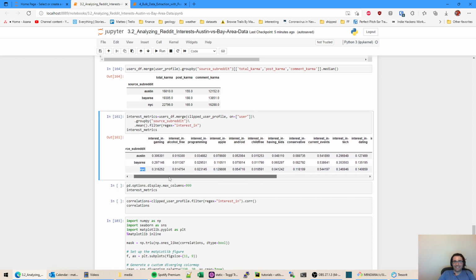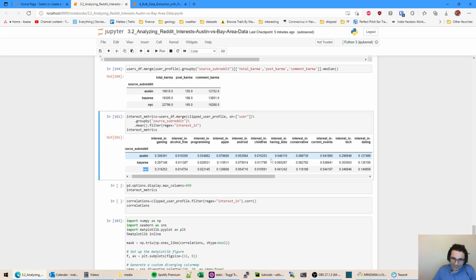Also, interest in child-free. One way to read this is that they match one of my categories, so they're the most interested and most likely to be child-free, but I would caution you on that. It just means they interacted in a subreddit discussing things that someone interested in kids is thinking about. So say someone's looking up vasectomy, maybe they're just looking for an opposing viewpoint. It doesn't mean they believe it. So just something to think about when you're trying to draw inference from these categories. It's not always a positive thing.